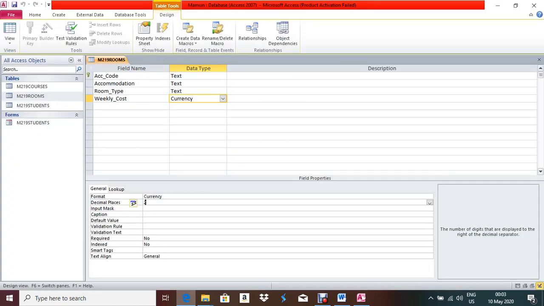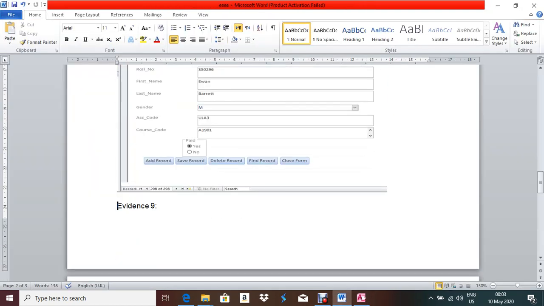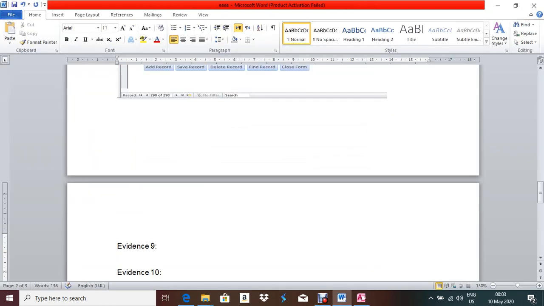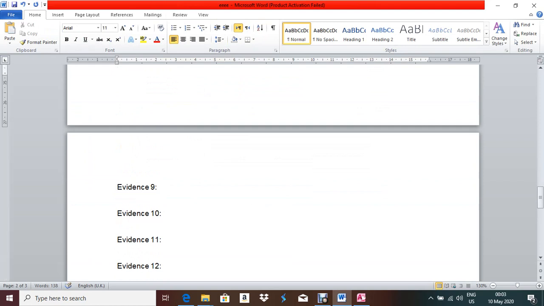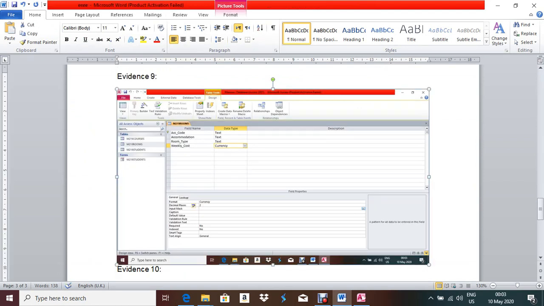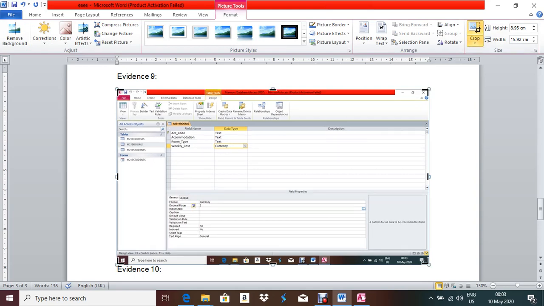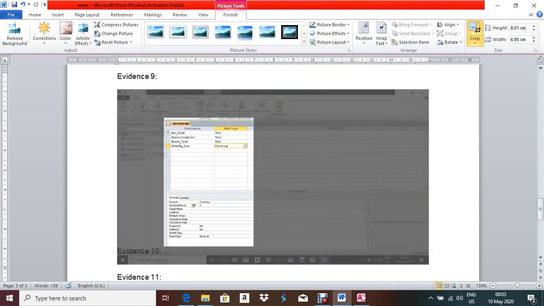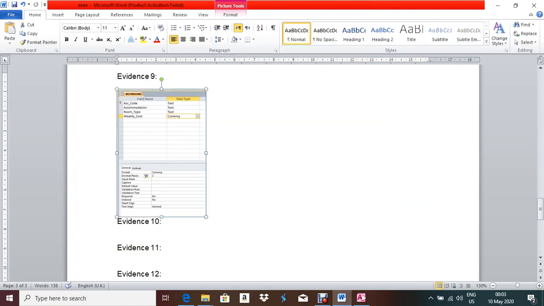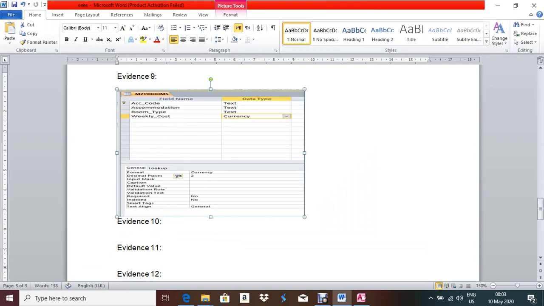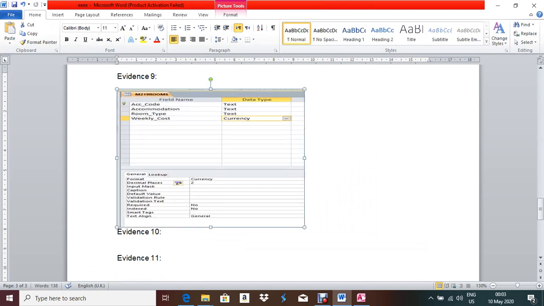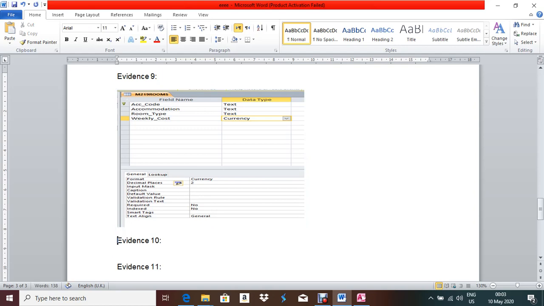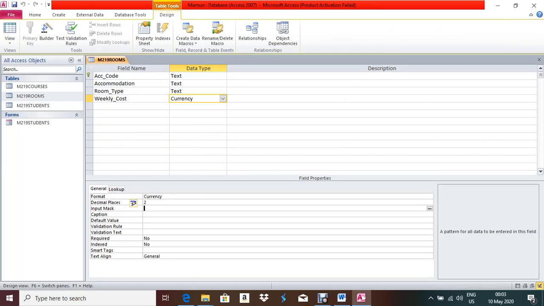and data types. Okay, that means you have to keep your cursor point over currency, then take the screenshot, print scan, and go to evidence document, and under evidence 9 make your evidence 9 little bit down so it should not be in different page, written part. Control V, select the figure, go to format, crop this part, it should look like this, make it big so it should be visible. Okay, so here it is described that it is currency and 2 decimal place, right? Make evidence little bit down, done. Control S, Control W, done.